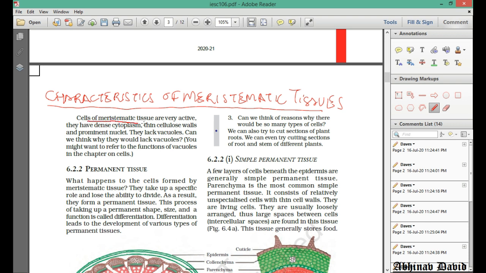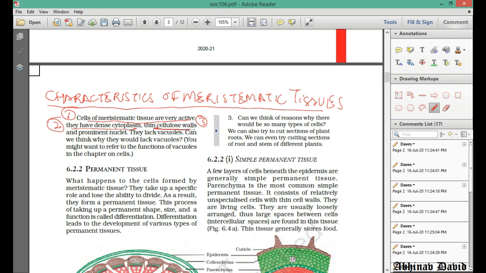Cells of meristematic tissues are very active. This is number one. Active means continuously dividing. Number two, they have dense cytoplasm. They have dense cytoplasm because they are continuously dividing, so their cytoplasm has a lot of organelles. That is why the cytoplasm is dense, meaning having a thick nature. And number three is they have thin cellulose walls,